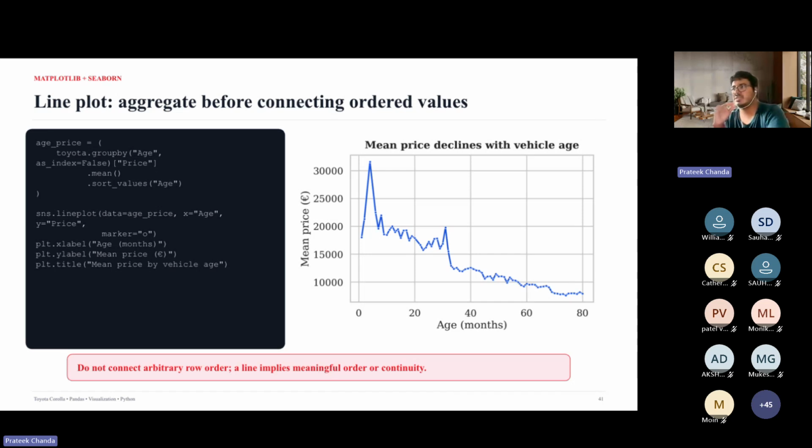So this is the same price and age plot. The only thing is that instead of the scatter dots, you now have a line connecting each of the points.